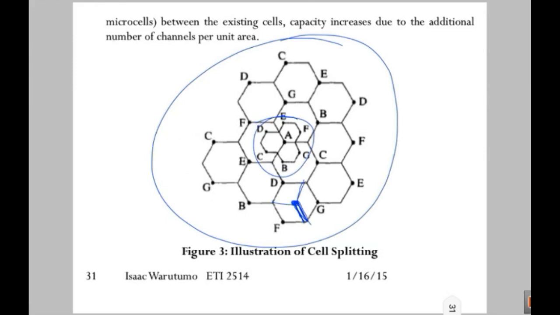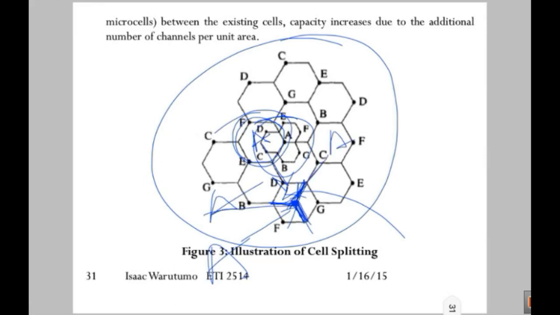So if, let's say that this was being served by A, notwithstanding the symbols that are there, but now we are saying that this A has been split such that an A that was there is now going to be interfered by only this. Okay, this sector is only going to interfere with only that one A, and say another A there and another A there. So the number of interferers has reduced.